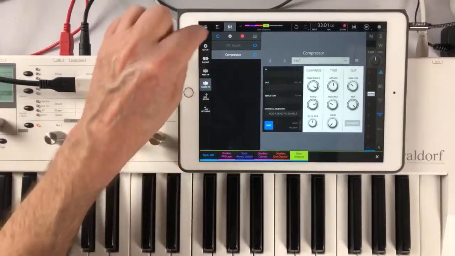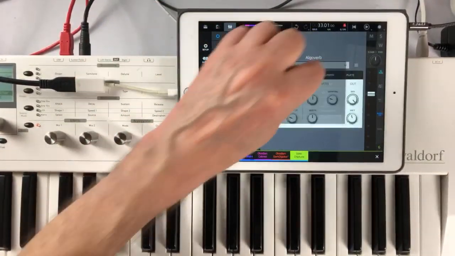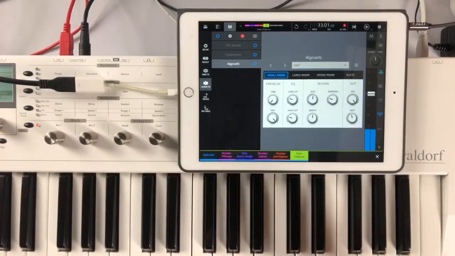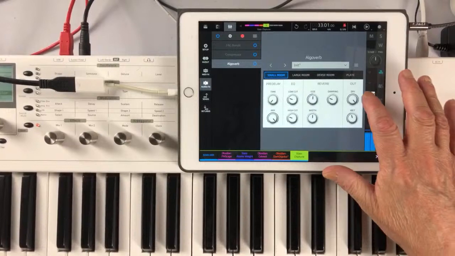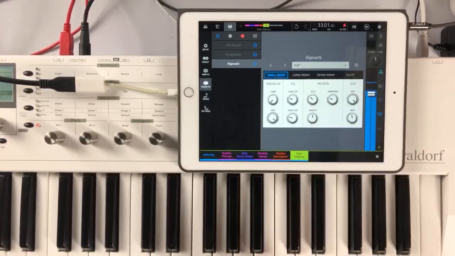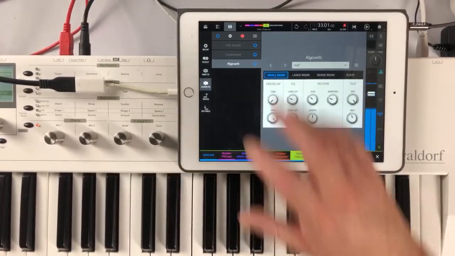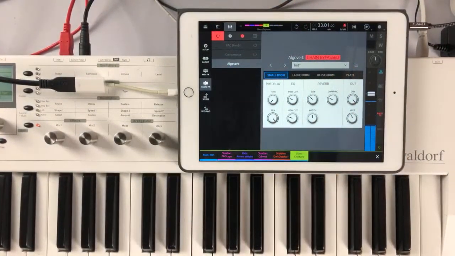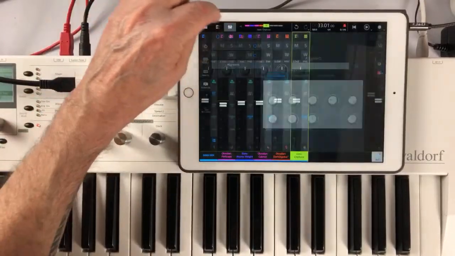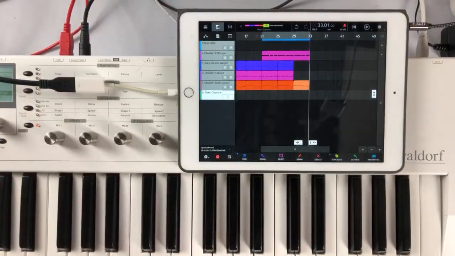And for one more, let's add an algo verb because it's really nice. Small room. So with no effects, and within a couple of minutes, we've got a really nice kind of vibe going on with the chiptune sound, which will sound nice with this